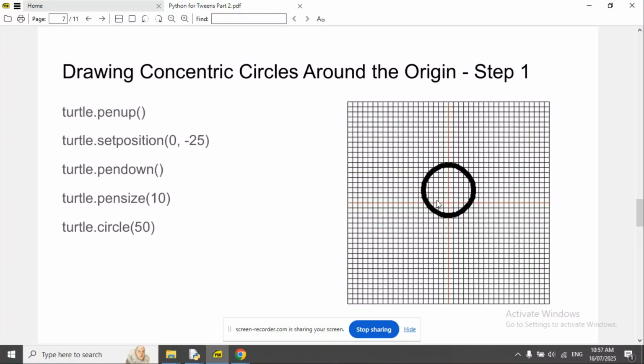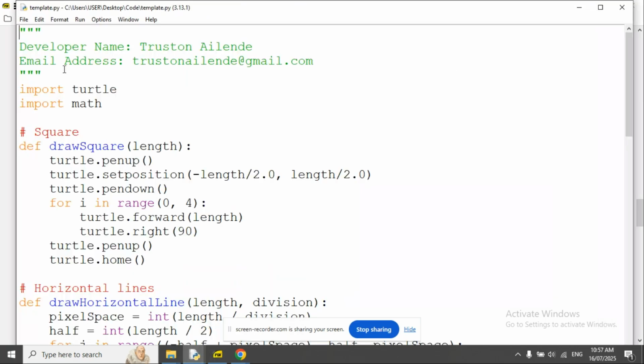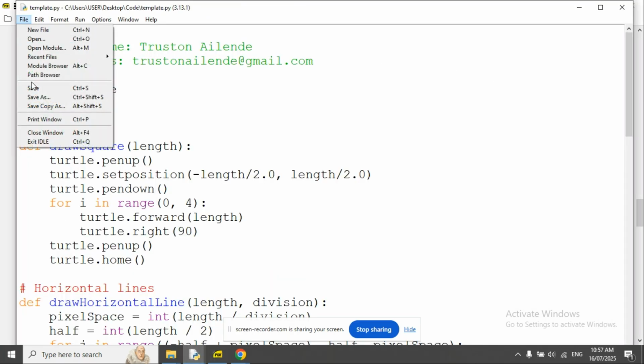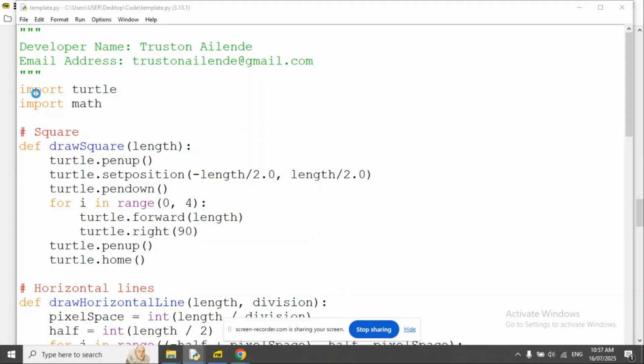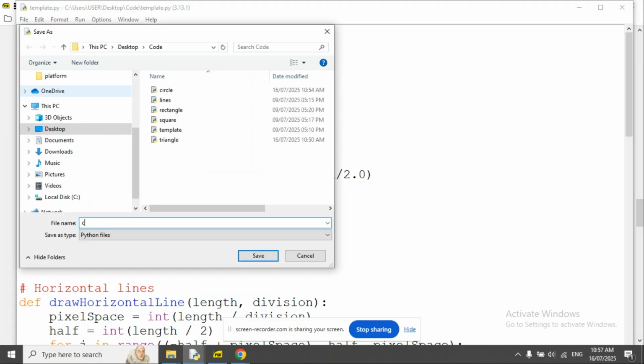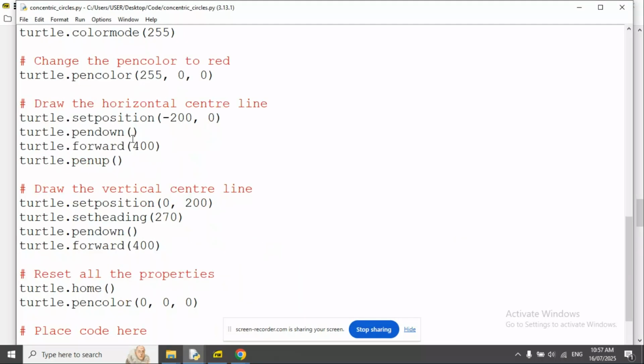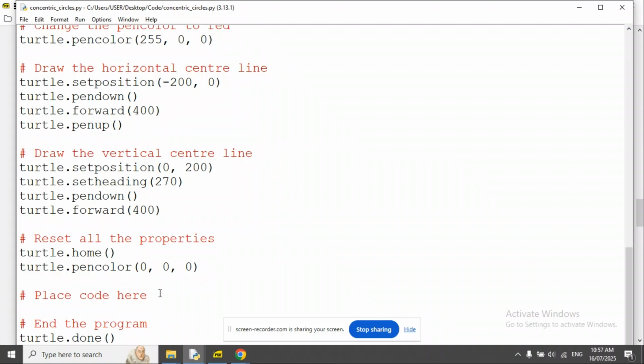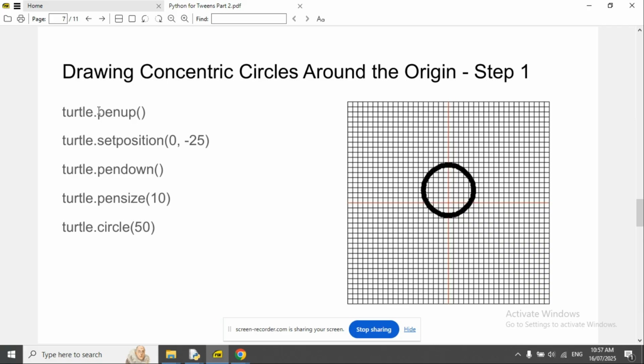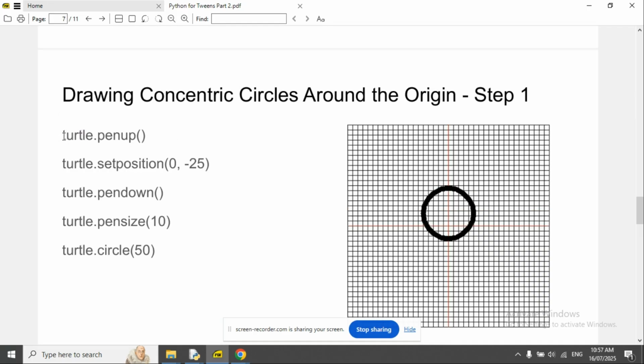So let's look at it in code. Create a new file. We say file, save as. So all we're going to do is just copy and paste. So please follow along. Copy,